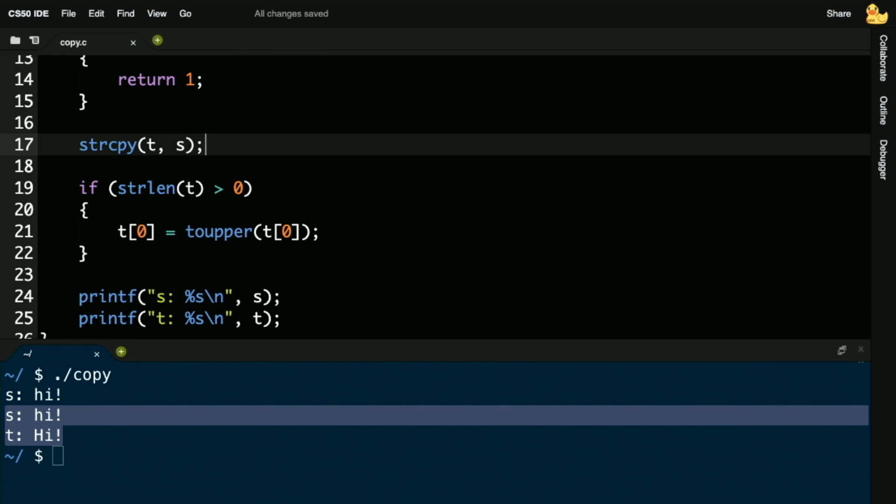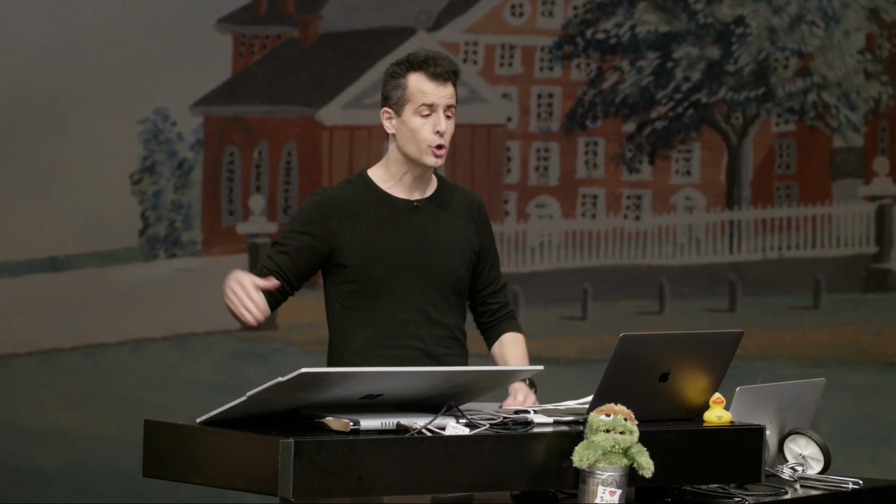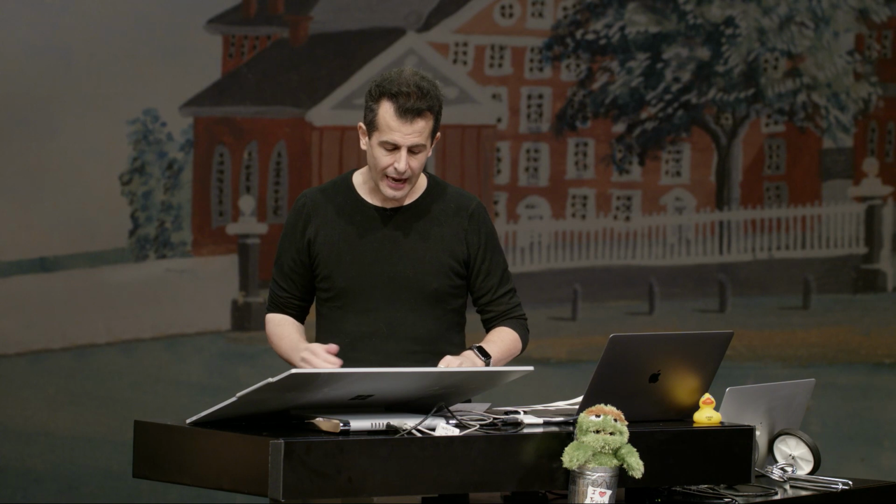So even though it was correct to use a for loop to copy all of the characters from s into t, there's a function for that. It's called strcpy. It takes 2 arguments, the destination followed by the source, and it will just handle all of the looping and copying for us, including the \0, so that I can focus on what I want to do, which in this case is capitalize things.